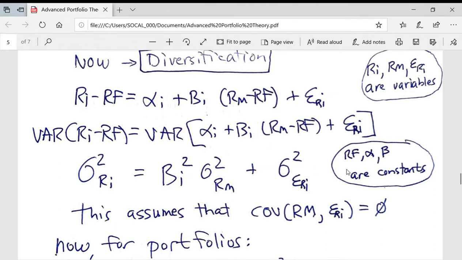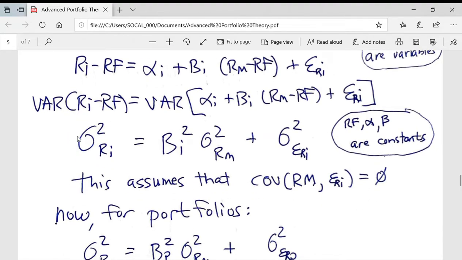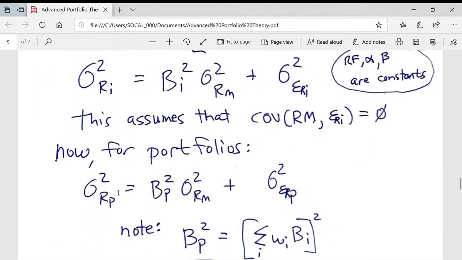We normally expect to see a lot of covariance terms, or in this case, a covariance term, but this assumes that the covariance between the variable return on the market and the variable epsilon R sub I is 0. Now this same relationship holds for portfolios. So now we have the variance of the return on the portfolio equals the square of the portfolio beta times the variance of the return on the market plus the variance of the